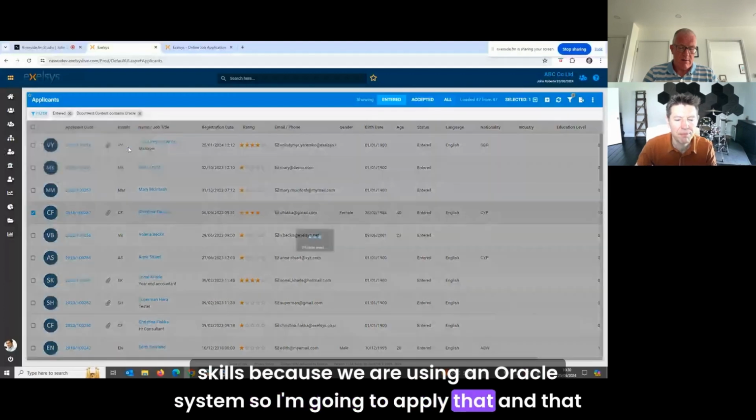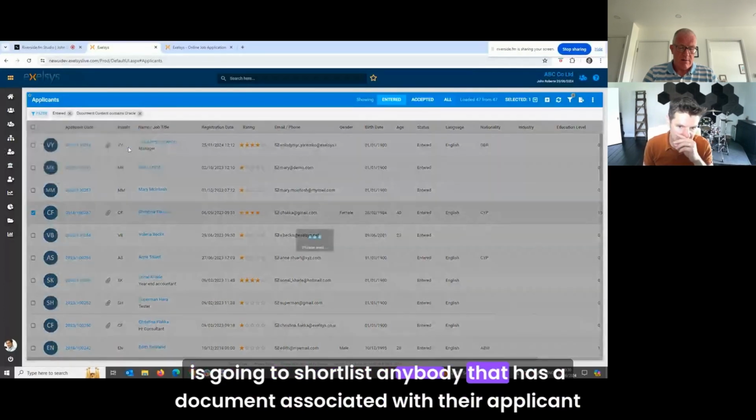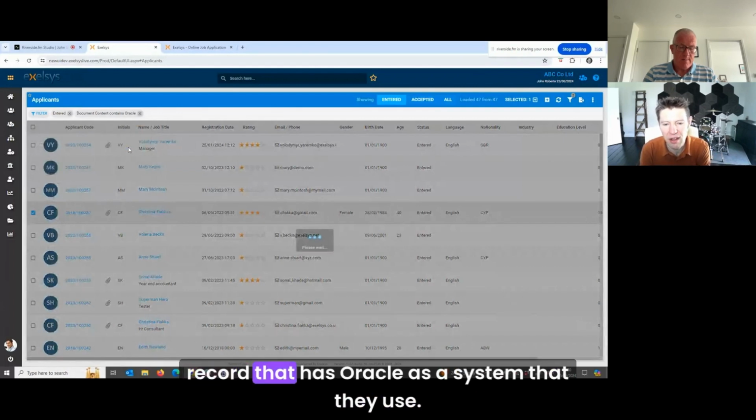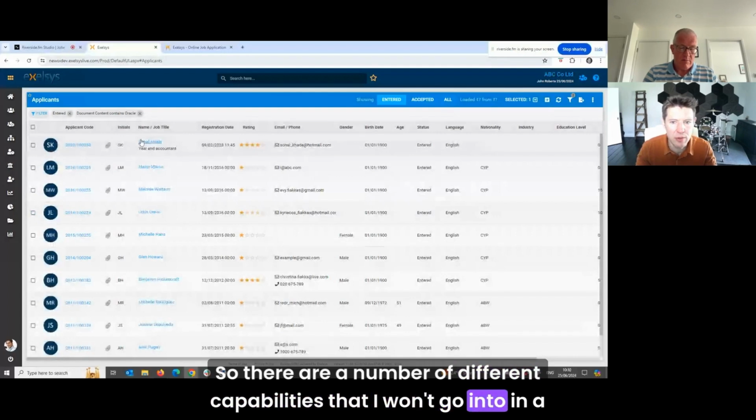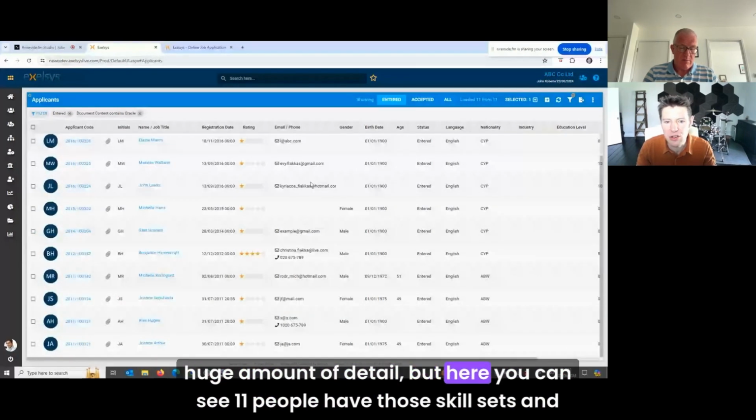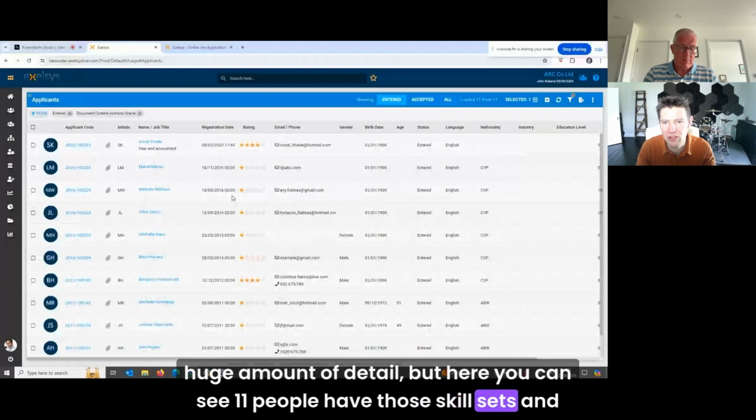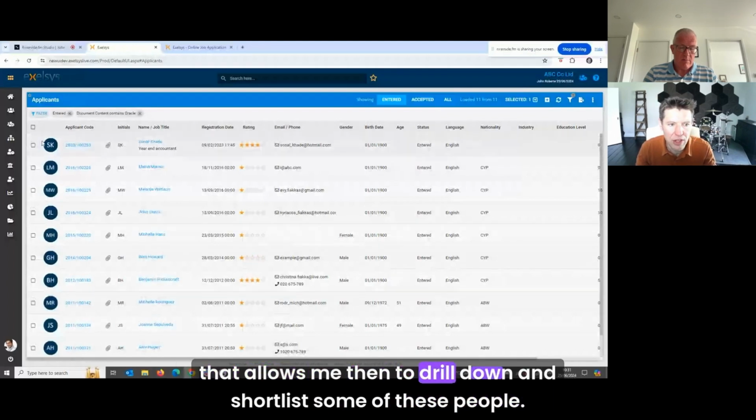So I'm going to apply that, and that is going to shortlist anybody that has a document associated with their applicant record that has Oracle as a system that they use. So there are a number of different capabilities that I won't go into in a huge amount of detail, but here you can see 11 people have those skill sets,